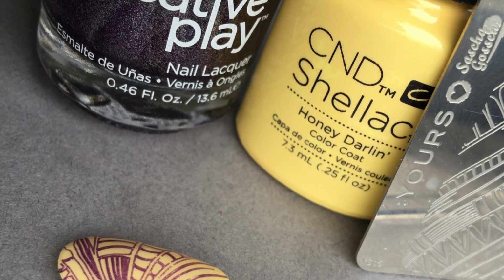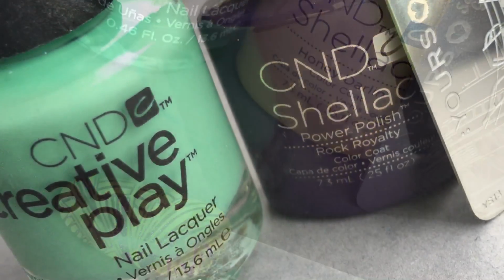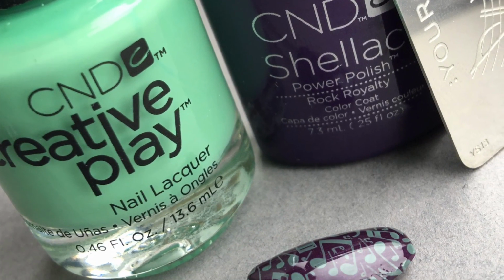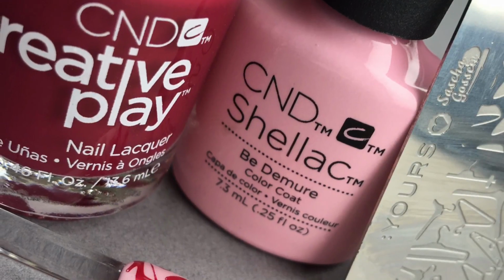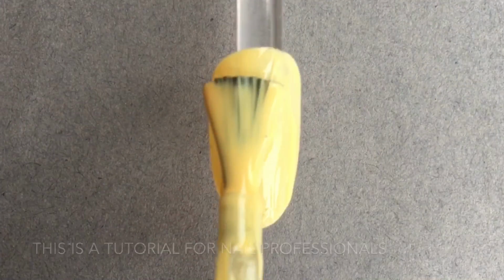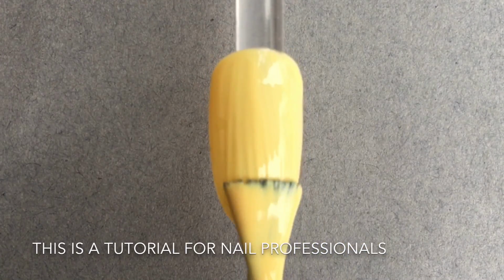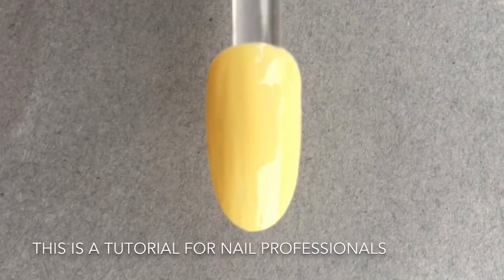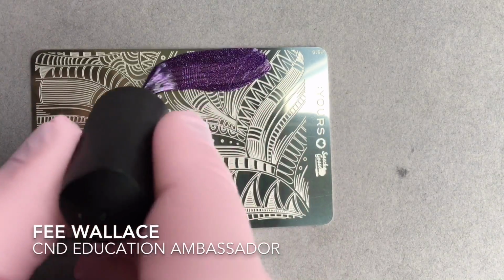Over this last week, I have been doing a ton of stamping using CND's newest nail lacquer line, Creative Play. Now, I think it's just fabulous to stamp with. I'm Wallace, and in this video, I'm going to show you 3 looks using shellac and a stamped on design